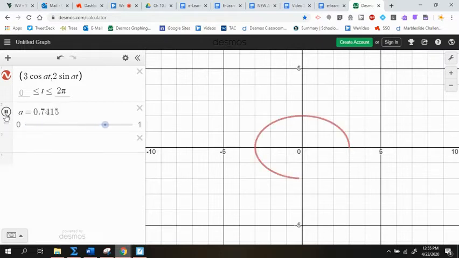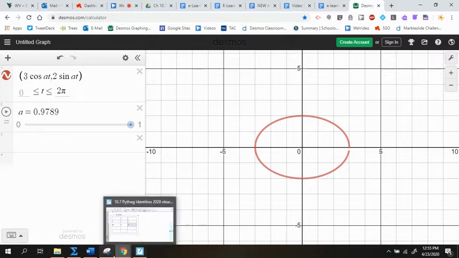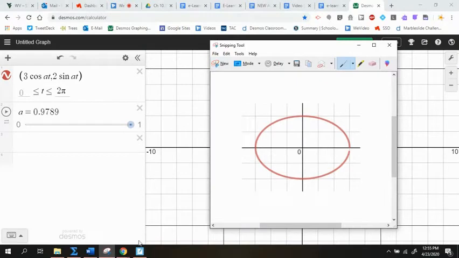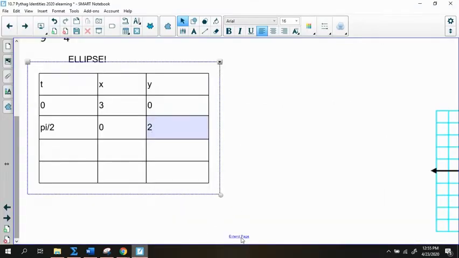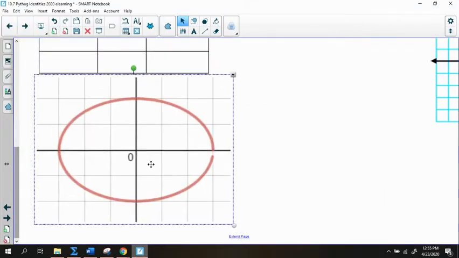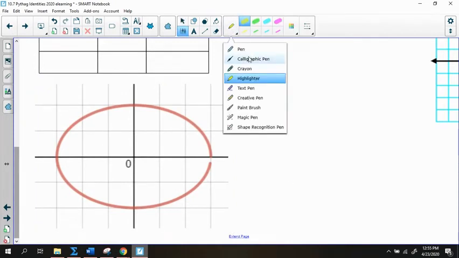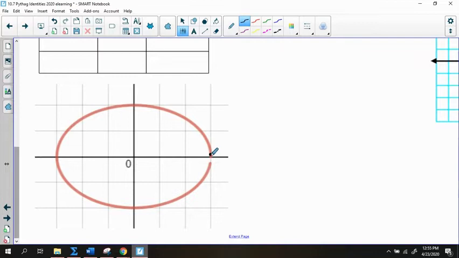Let me have it graph the whole thing. Pause. So it started at this point and went in this direction. This is really important: when you're graphing a parametric equation, you actually include the directional arrow. If you were getting graded on this as a class problem, you would want to make sure you included the starting point,